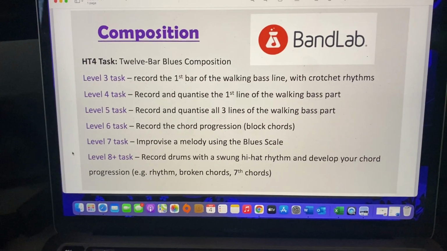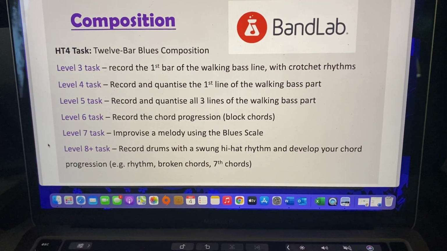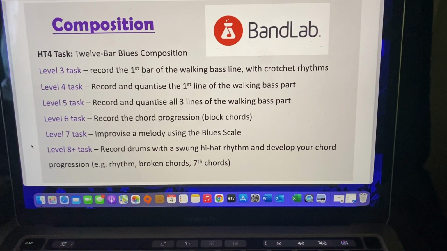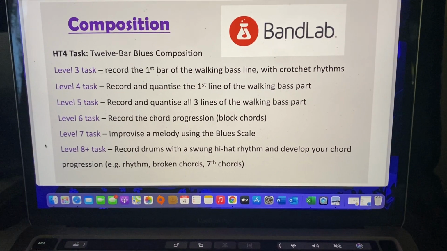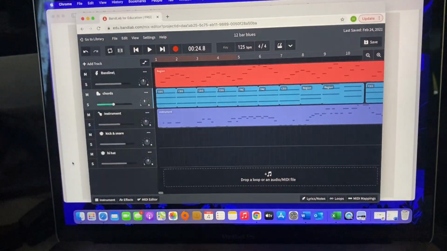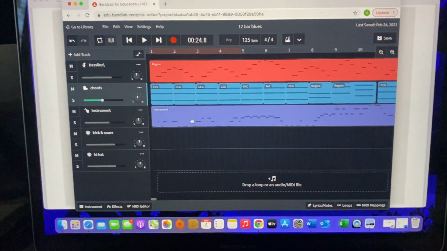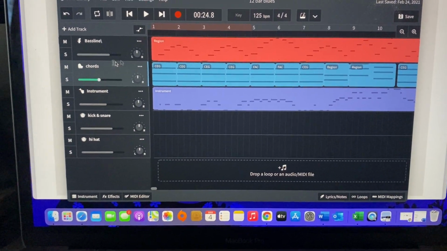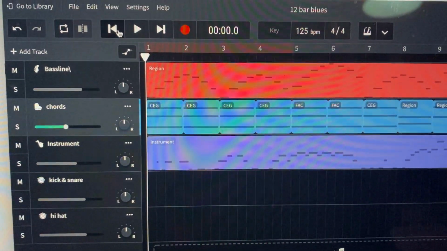Okay, so the level 8 task is to record drums with the swung hi-hat rhythm and then develop your chord progression, for example, changing the rhythm or using seventh chords. Seventh chords is something I haven't shown you yet, so I'm going to show you that first. So if we focus on our chord progression,